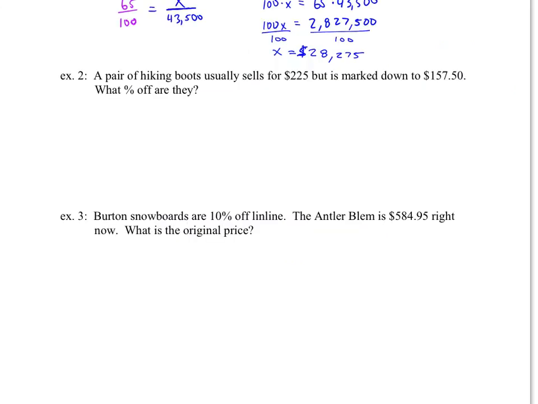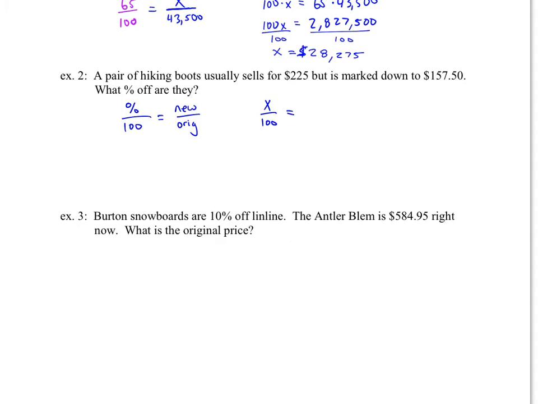Okay, let's talk about the next one. Hiking boots usually sell for $225, but they're marked down to $157.50. I think I know how to do this. So let's set up our proportions, you guys like proportions. We've got percent over 100 equals new over original. Let's fill in what we know. Do we know the percent? No, so that's going to be x over 100 equals